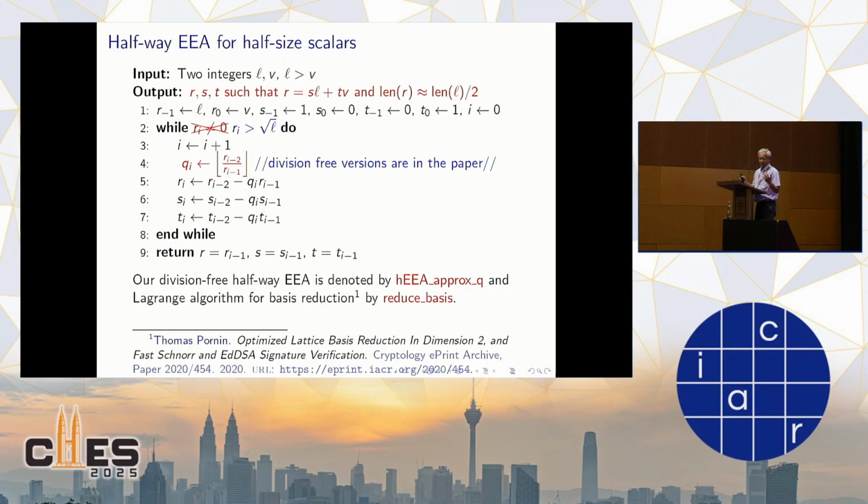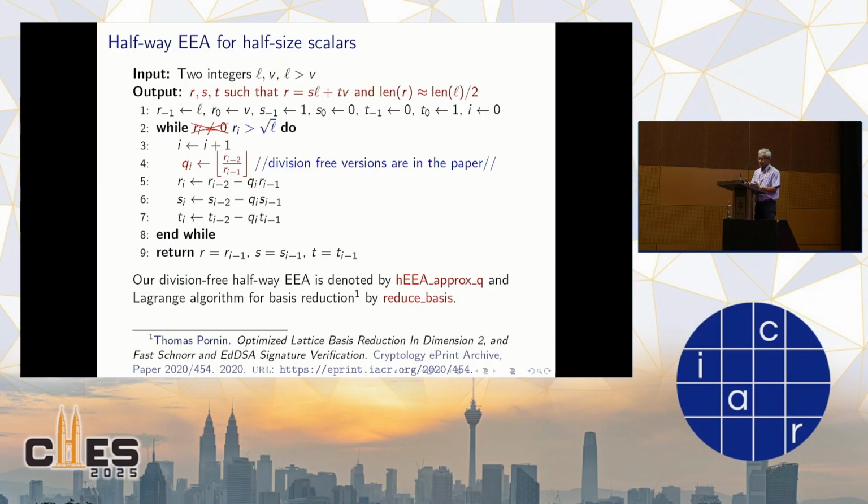And by having a division-free version of the extended Euclidean algorithm, we can speed up the half-size scalar generation significantly. But before I talk about this performance, let's first see how these two algorithms are producing those half-size